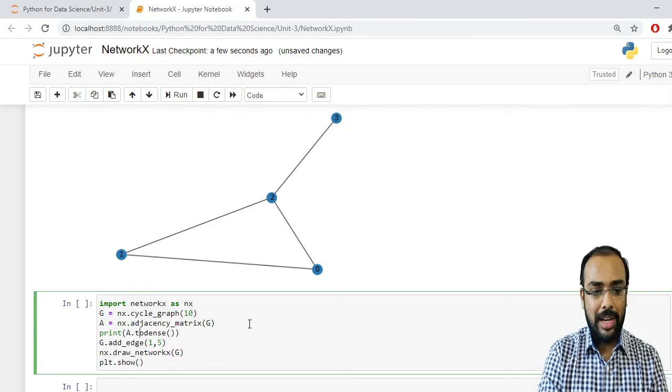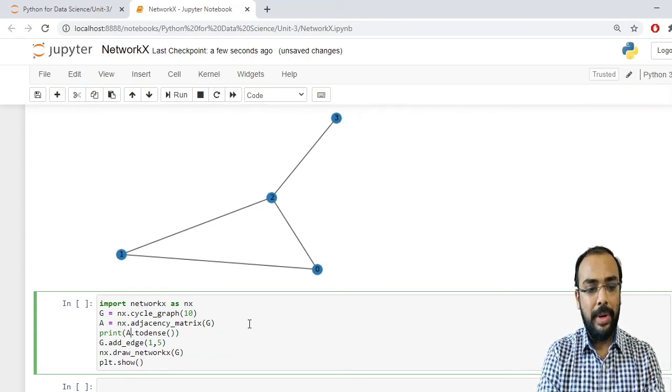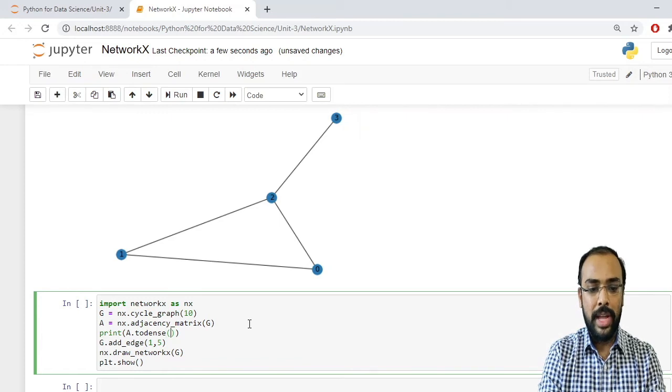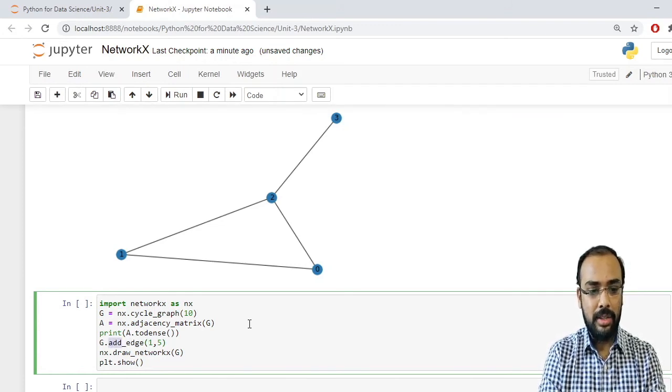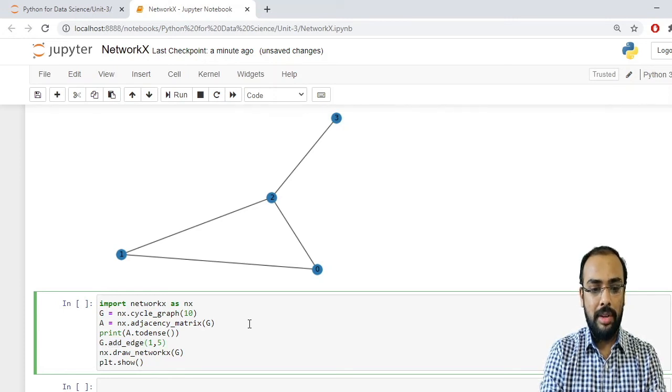Now I want to check how dense it is, so I have printed a.todense. And I want to add an edge to the graph. That means I have to use the method add_edge. It will add only a single edge to your graph, from node 1 to node 5. And I want to draw this, so let us use the draw_networkx method, and I am passing my graph object. So let us run this.